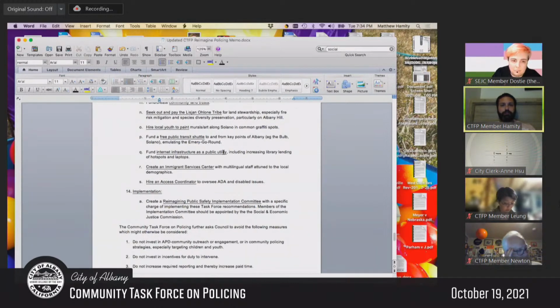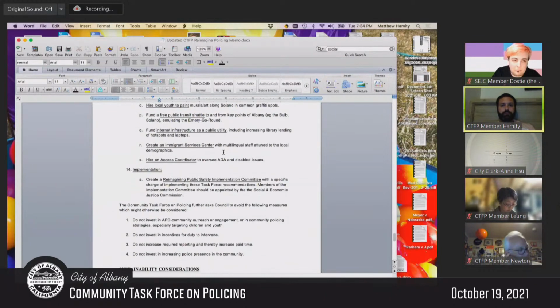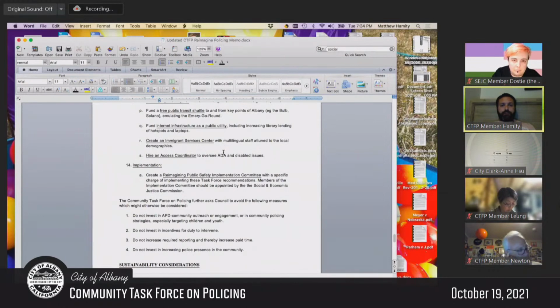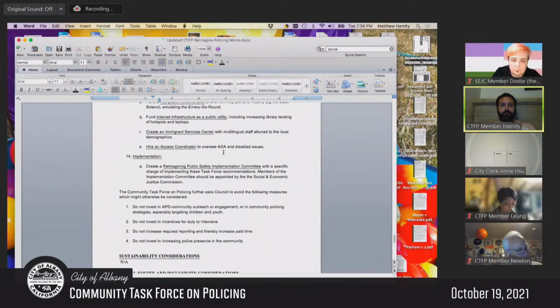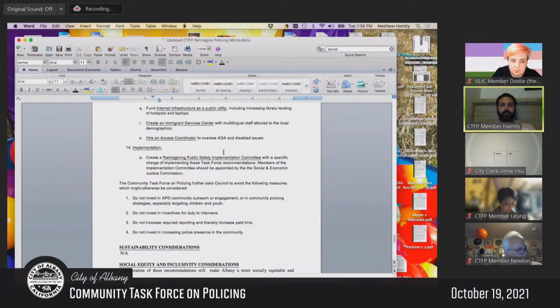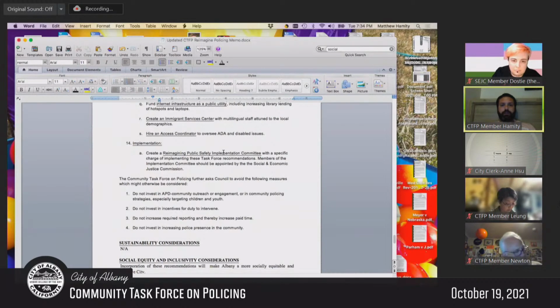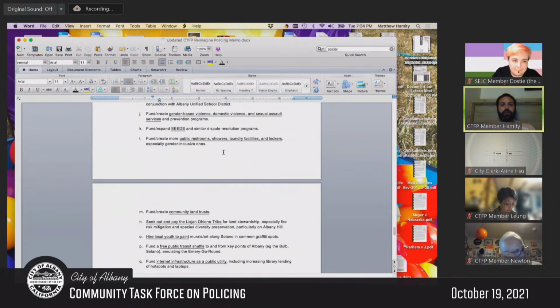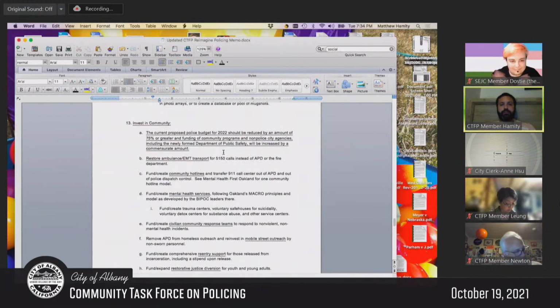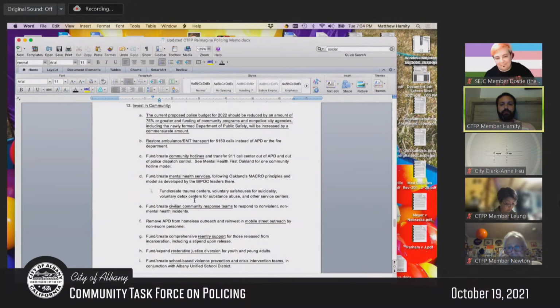Fund a free public transit shuttle to and from key points of Albany, emulating the Emery Go-Round. Fund internet infrastructure as a public utility. Create an immigrant services center. Hire an access coordinator. So it's quite an ambitious list, and we erred on the side of more rather than